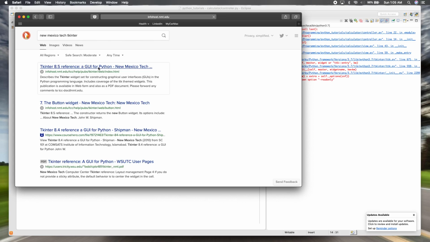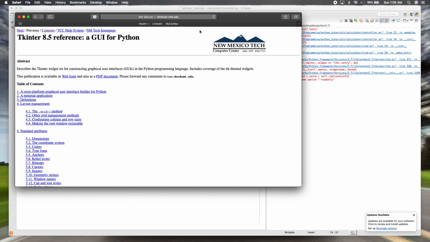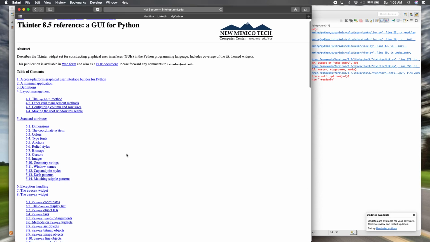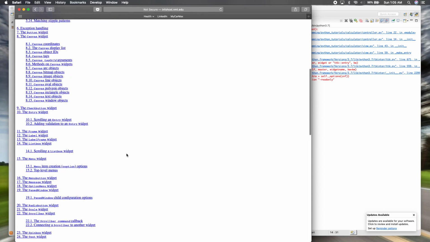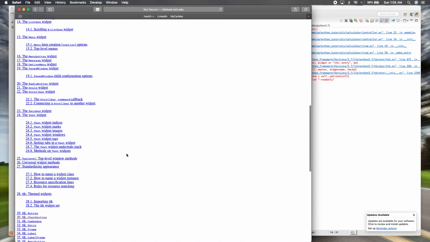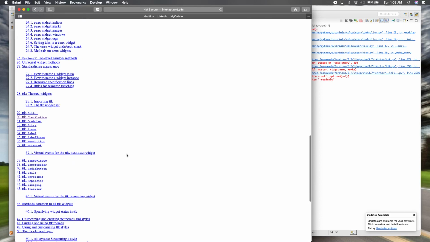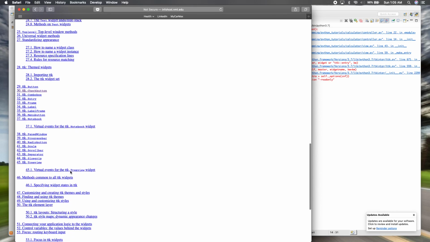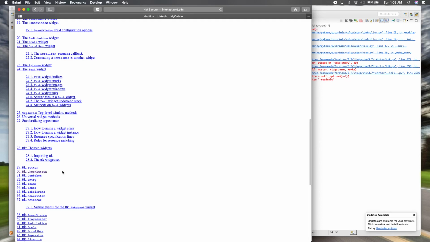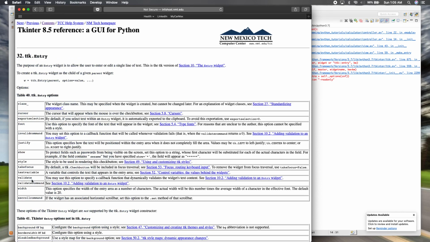So they have a reference. And like I said, it's pretty comprehensive. It has pretty much everything that Tkinter offers, and it has all the nice little reference guide. So in this case, we're going to go into the entry. So these are the options for the entry object. So it takes